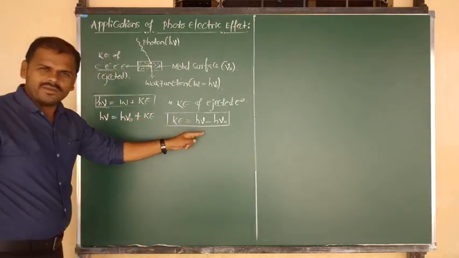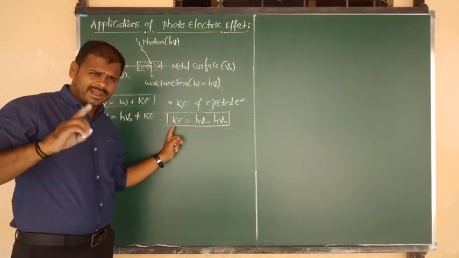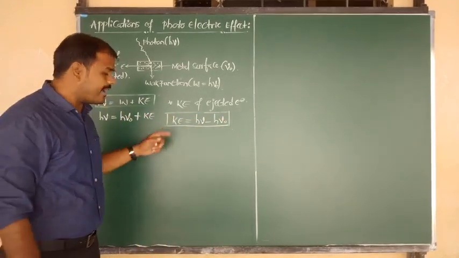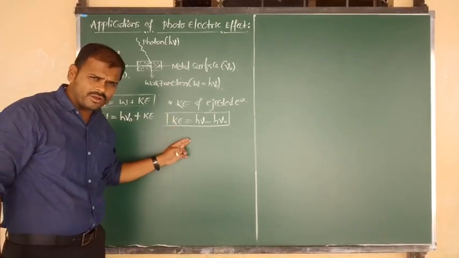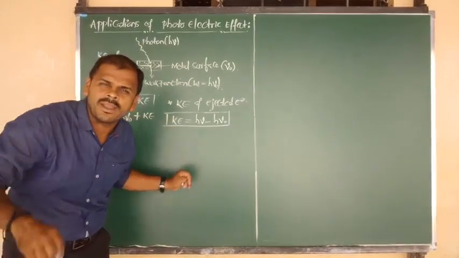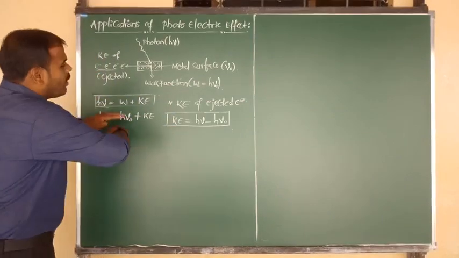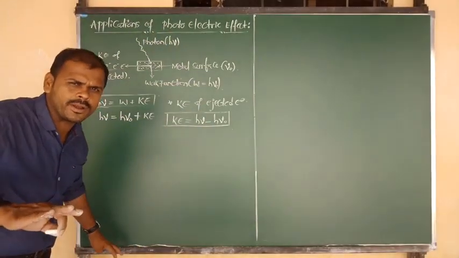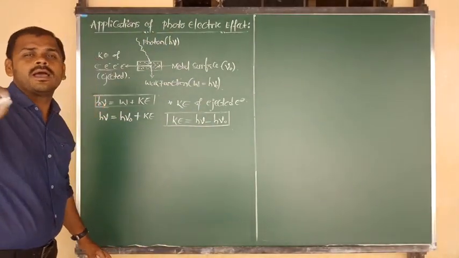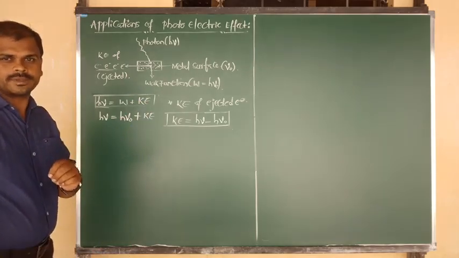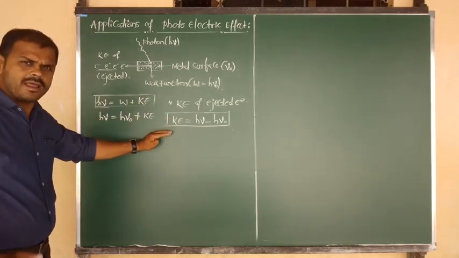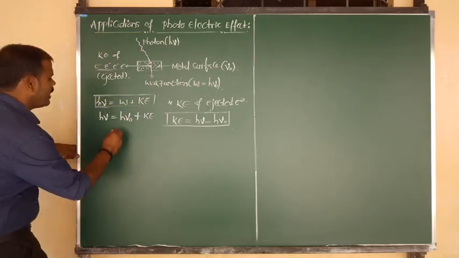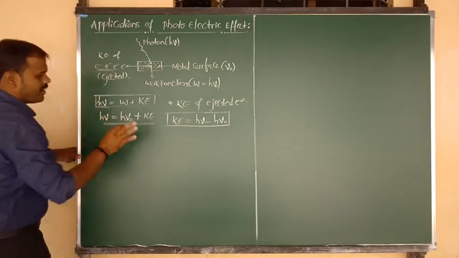Also we have modified this equation. H is common, so kinetic energy Ke equals h into nu minus nu naught. That also we have written. And I have given another formula: kinetic energy Ke equals hc into 1 by lambda minus 1 by lambda naught. All the formulas related to the photoelectric effect are very important for competitive exams and especially for problem solving. So these formulas must be remembered, for theory and also for objective-type application. Try to remember all the formulas clearly.